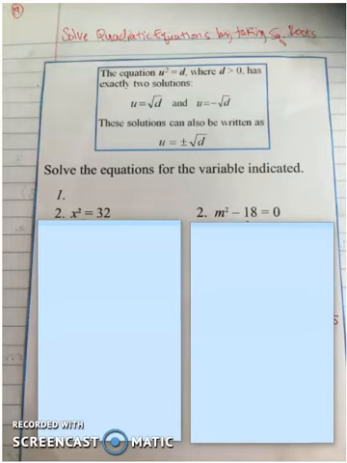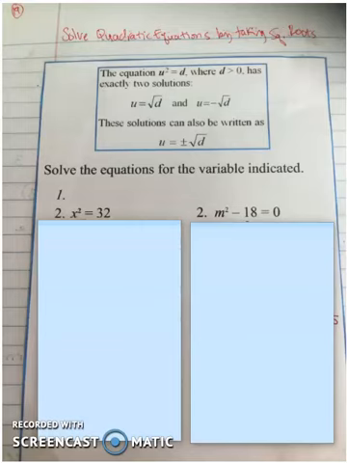Hey guys, for page 19, title your paper Solving Quadratic Equations by Taking Square Roots. In this particular one, we want to find the value of a variable that makes the statement true. We can do this by taking the square root of each side at some point in our solving. So with these first 6 examples that we're going to do,